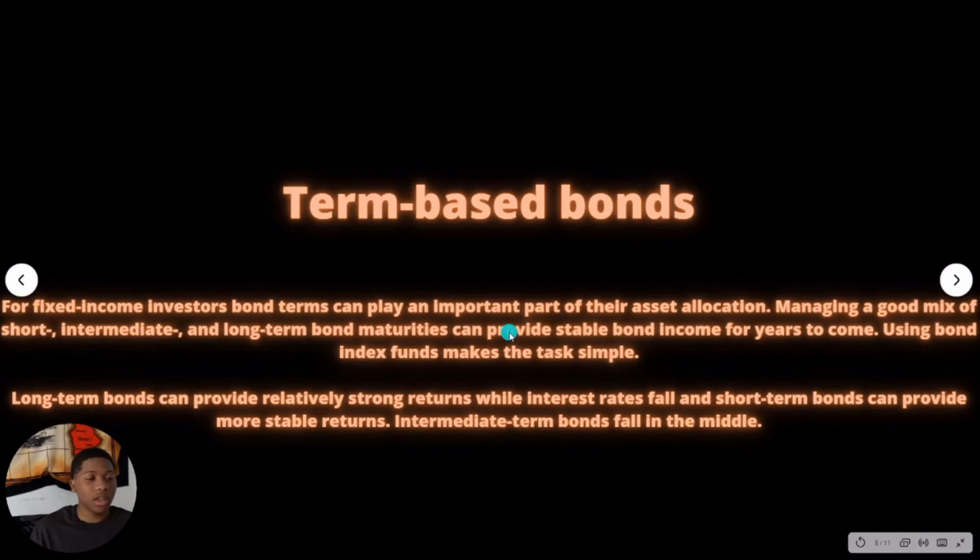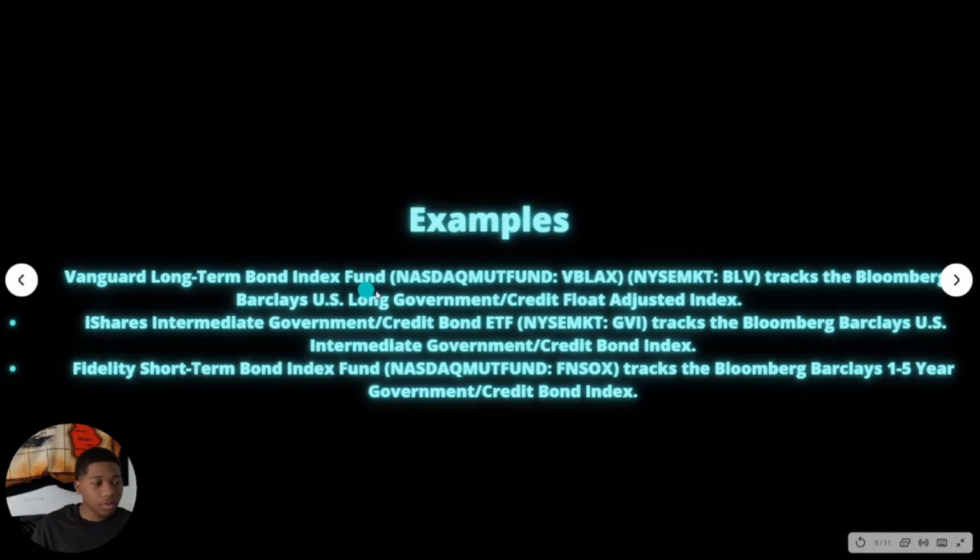So term-based bonds is like, for example, I invest in FCOM. It's a communication system. They work with communications. They have Verizon and different types of communication companies all in that one bond. And it was a cheap bond when I invested into it. It was around, I want to say, 30. I don't remember exactly. It might have been 20-something, but now it's at 50. It's just growth. It grows, and then they pay dividends every time. Examples: Vanguard, Nasdaq Mutual Fund, VB Lax,